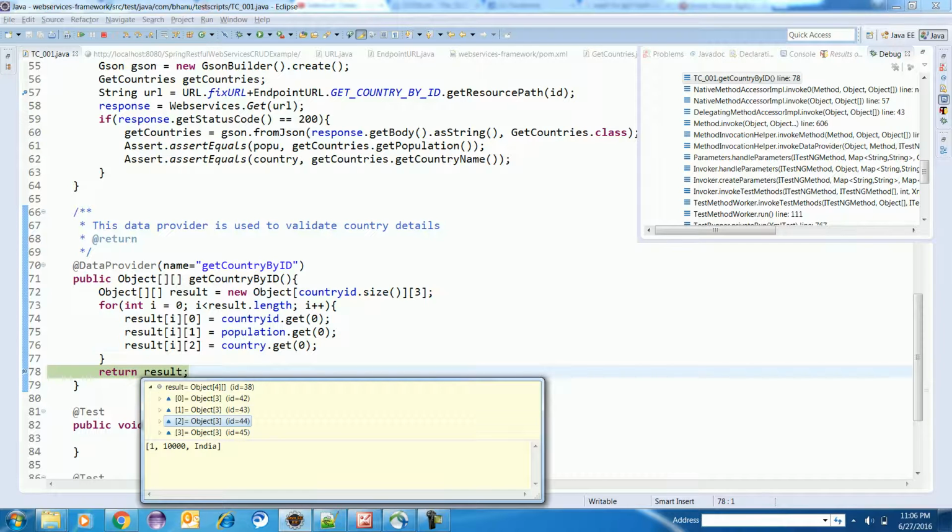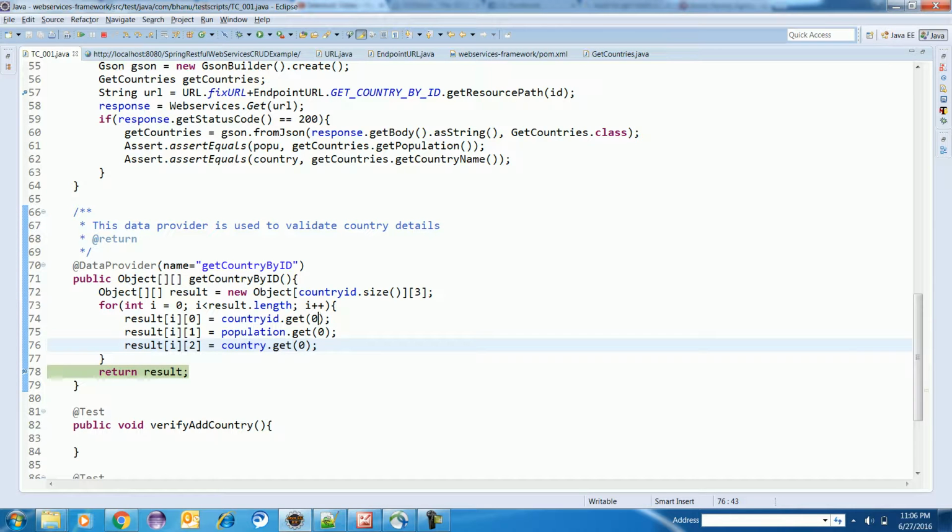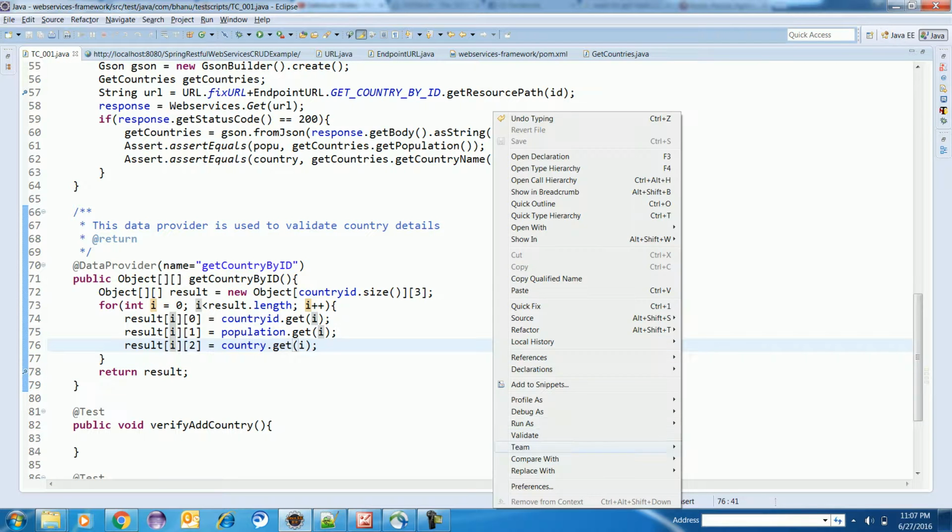The main problem was, see, I am writing get 0 get 0 here. So every time it was running in a for loop, but data was getting initialized with 0 0, right? So instead of 0 0 here we need to write i, so that it depends on the i data. When i changes, this will also change, right? Now I will debug one more time.